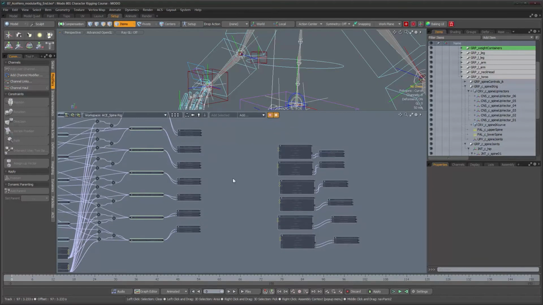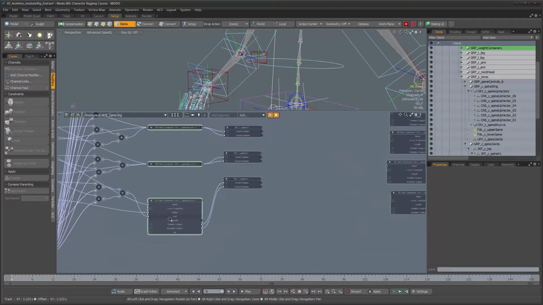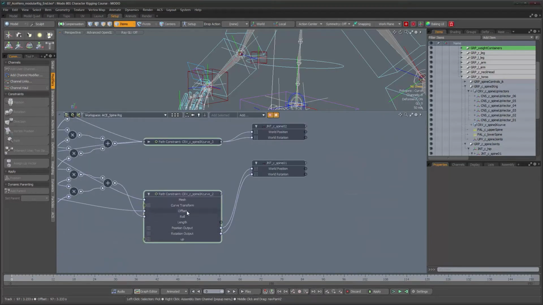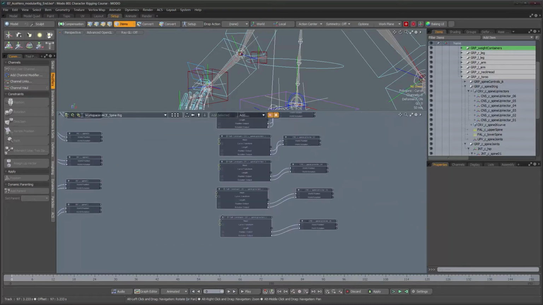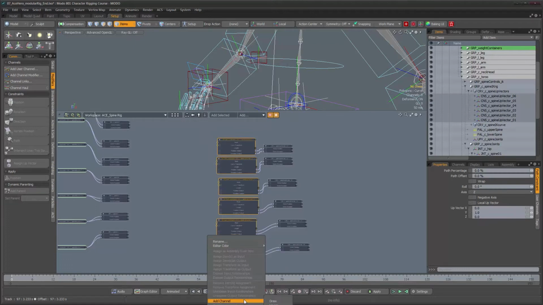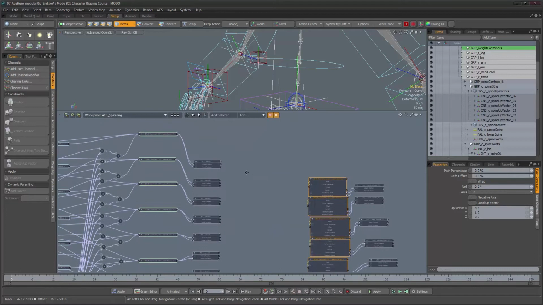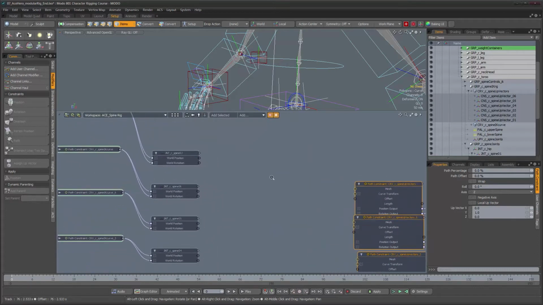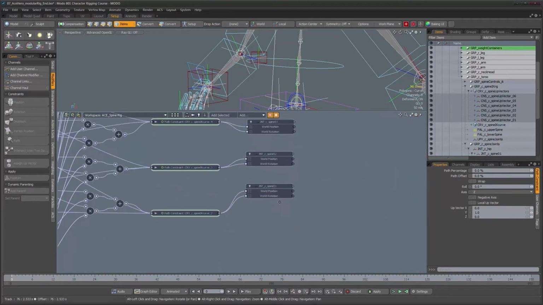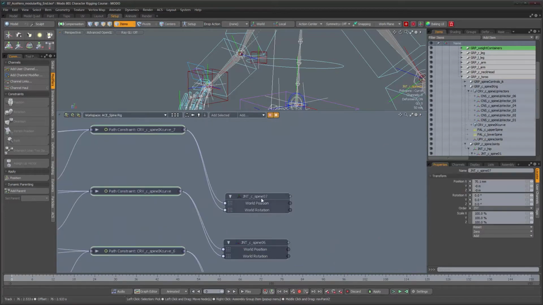And we need to add the channels to these nodes. So you remember we were using the offset channel. So let's use those again on these guys. So let's add the offset channel. There we are. And let's move them to their corresponding positions. So here's the first one. Looks like we have a 7th